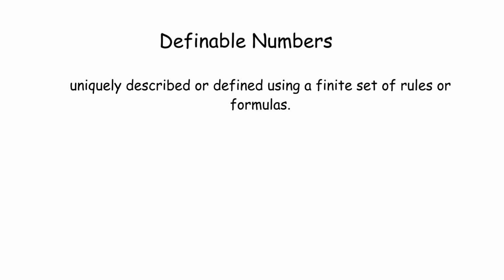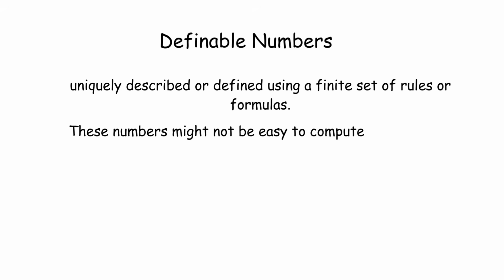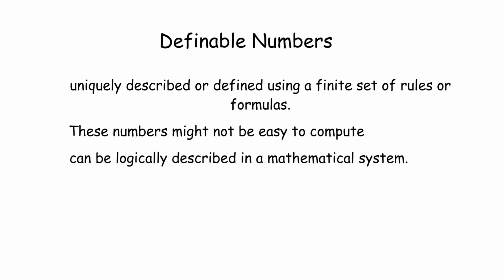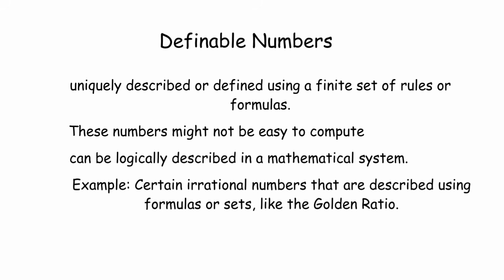Definable numbers. Definable numbers are numbers that can be uniquely described or defined using a finite set of rules or formulas. These numbers might not be easy to compute, but they can be logically described in a mathematical system. Example: certain irrational numbers that are described using formulas or sets, like the golden ratio. Definable numbers allow mathematicians to work with abstract concepts that are important in advanced mathematics and logic,